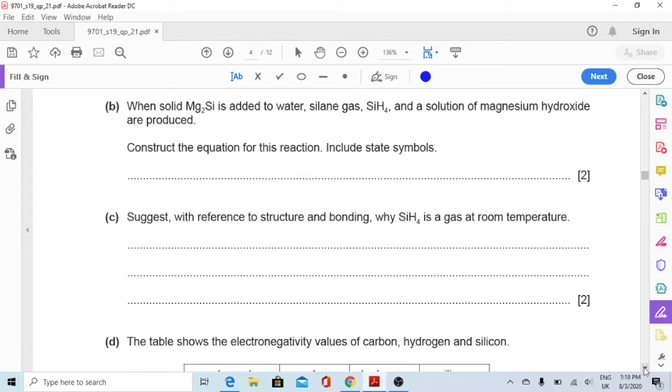Now part B, when solid magnesium silicide is added to water, silane gas SiH4 and a solution of magnesium hydroxide are produced. Construct the equation for this reaction, include state symbols. The first mark is for your correct equation and the second mark is for the state symbols. So it says when solid Mg2Si, which means I have to indicate that over here, solid, plus is added to water, which is a liquid, it gives